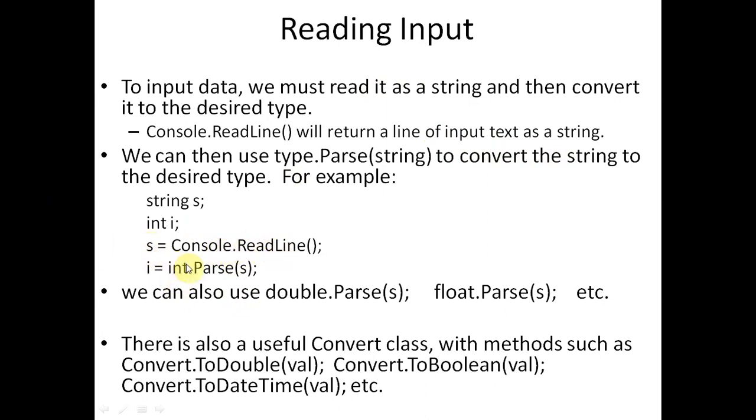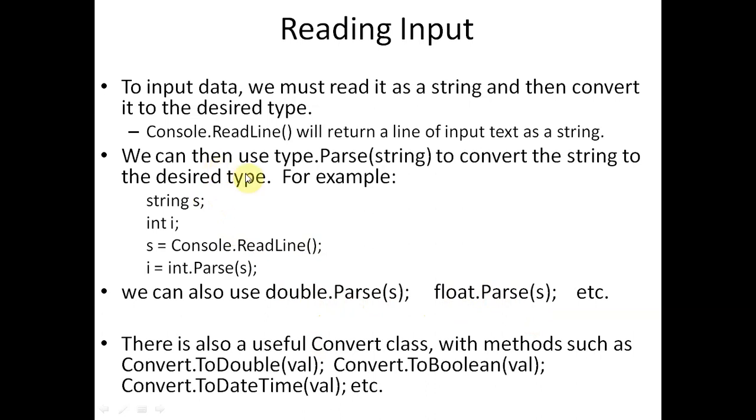We have to convert it into an integer, because we have another variable, integer i. So i equals int.Parse. In Java we write Integer.parseInt and Float.parseFloat for converting to float, but here we write int.Parse only. This is the standard Parse function, and this string is converted into an integer. We can also use double.Parse and float.Parse: for converting to float we write float.Parse, and for converting to double we write double.Parse. So these are the different conversions.